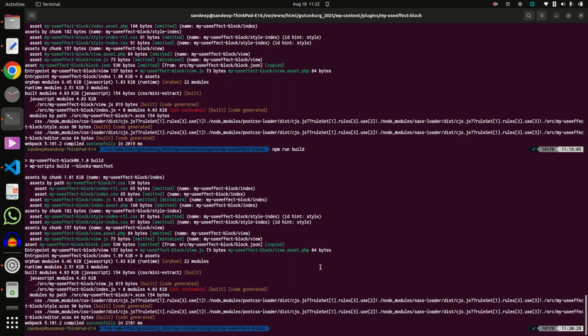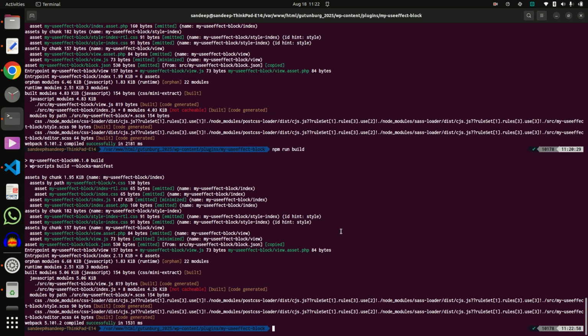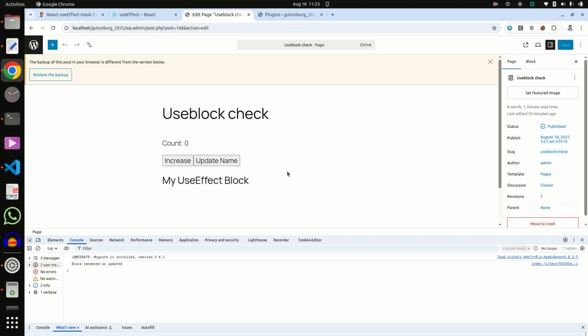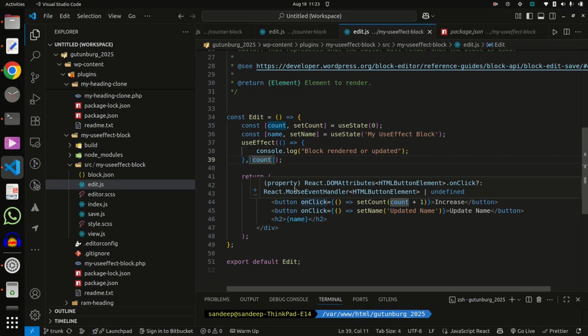So again go to npm run build. Now here two buttons are there, update name and increase. Whenever I update the name, it updates the name but does not re-run the effect, because we pass only one dependency, count.